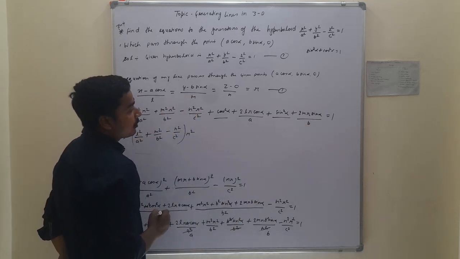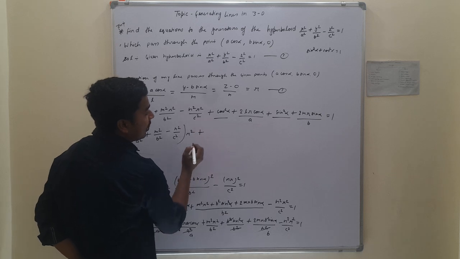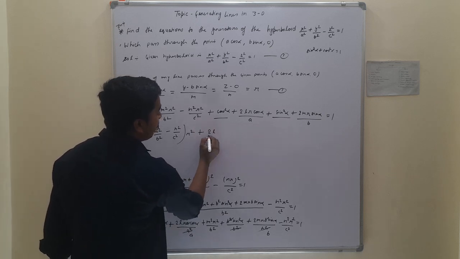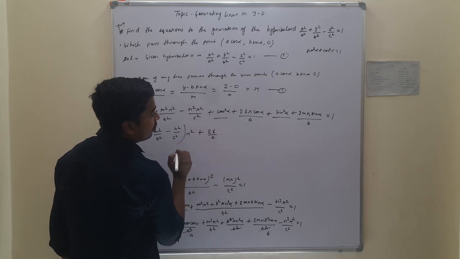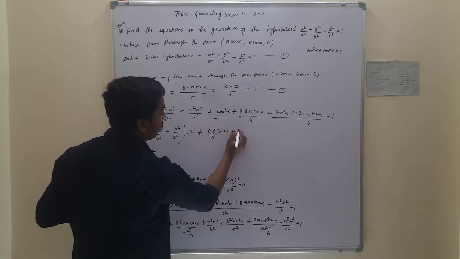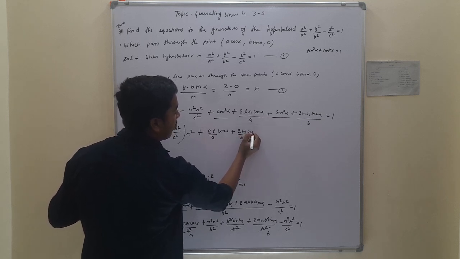Taking common r, this gives 2l upon a cos alpha plus 2m upon b sin alpha